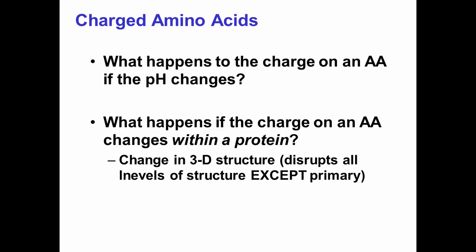And we're going to disrupt all levels of structure except primary. I know you know what this is called because we've said it several times this morning, but what is it called when we disrupt those other types of associations and structure of a protein? Not the peptide bond, but everything else? What do we call that process? Denaturation, right? So when a protein is denatured, you're disrupting all the weak bonds: the ionic interactions, the van der Waals interactions, the hydrophobic interactions, the hydrogen bonding, and even the disulfide bonds can be interrupted, et cetera.